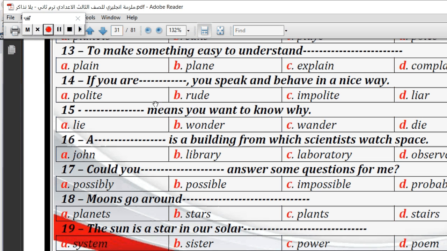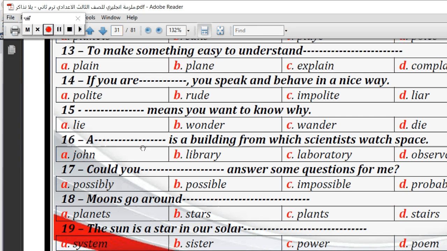Number B. Wonder. Ask if you want to know why. Number 16. A space is a building from which scientists watch space. An observatory.